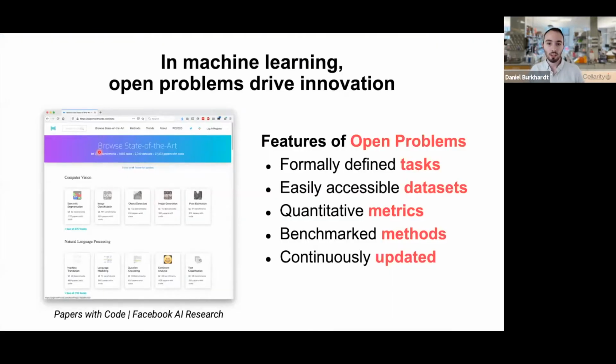And so I ended up going to a coffee shop in Vancouver with Joshua Batson from CZI and Scott Gigante from my lab, and then had some further conversations with Smitha and then eventually with Fabian Theis about how can we think about what are the particular properties of these challenges in machine learning that make them really amenable to that computer science audience, and how can we start to translate the problems that we're facing in single cell biology into that framework. And so what we really arrived on was this concept of open problems. And so in machine learning, open problems are really one of the bases for driving innovation in that field, or in those fields, we should say.